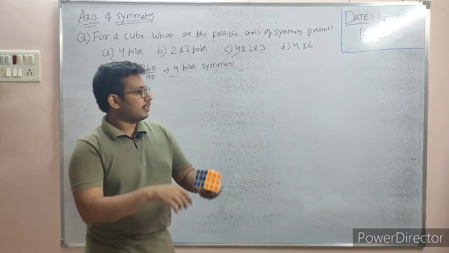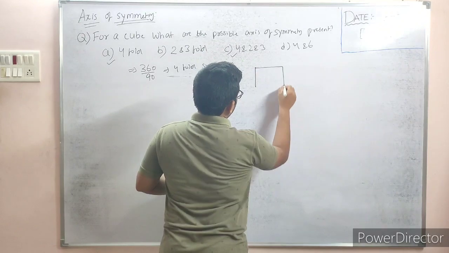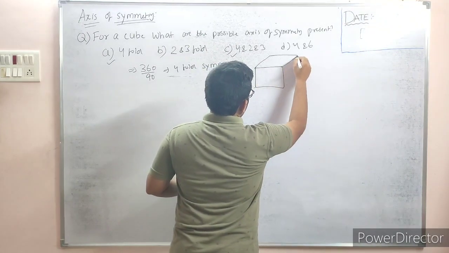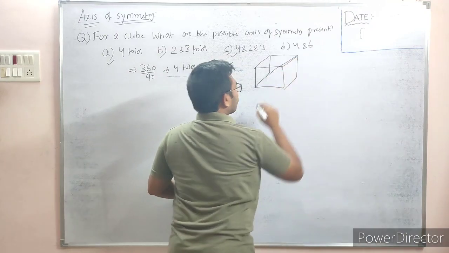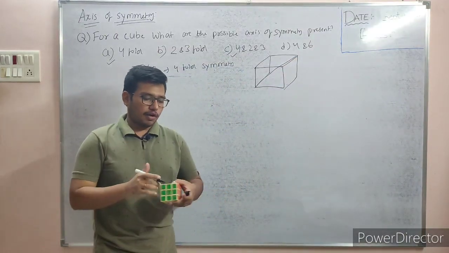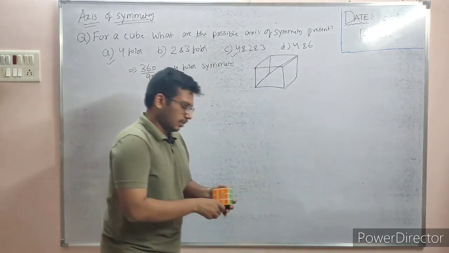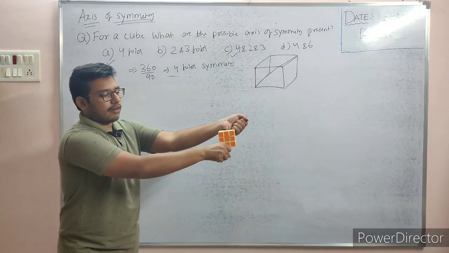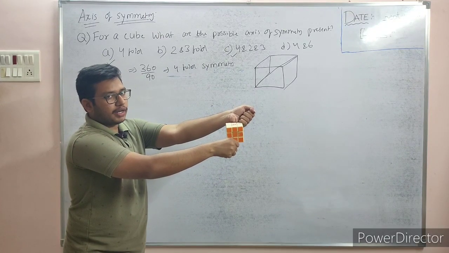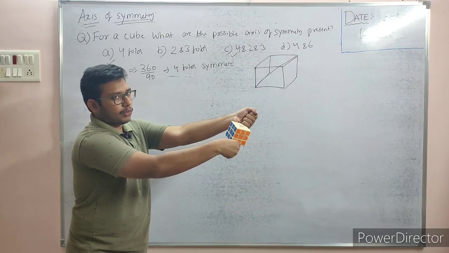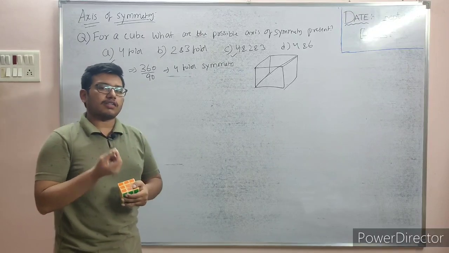If you imagine it, like if you draw, there is one diagonal which is from one side to another point. So along the diagonal, if you rotate like this, along the diagonal you have to take like this. If you rotate the crystal 120 degrees, okay, like this, you will get the same face or same part of the crystal.